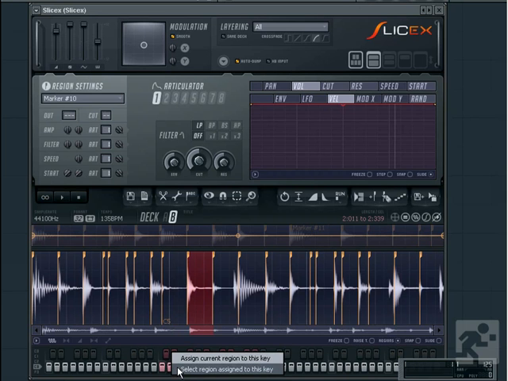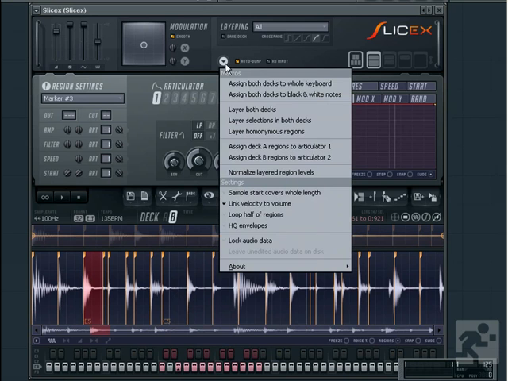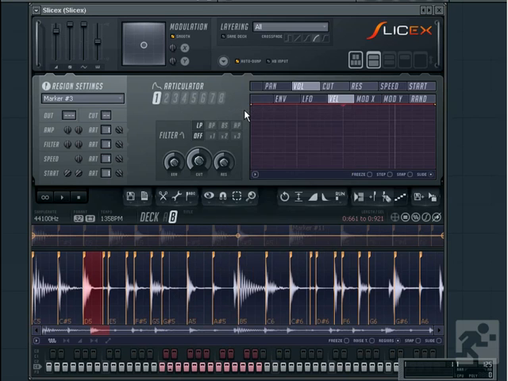Now, this is where layering comes in. If you have both decks loaded with different loops, you can choose to layer the samples together. To do so, left-click the down arrow icon in the master panel and choose Layer Both Decks from the macros. This will auto-assign the slices to the same keys consecutively, and when you dump to piano roll, you will have